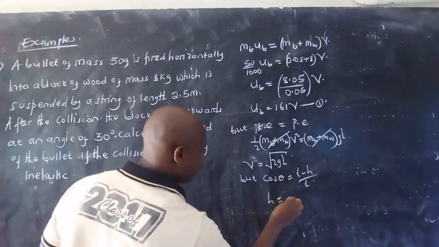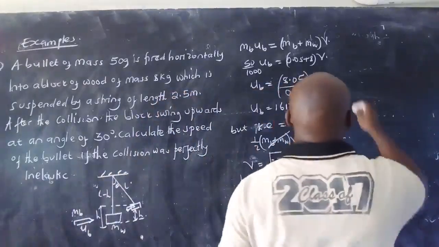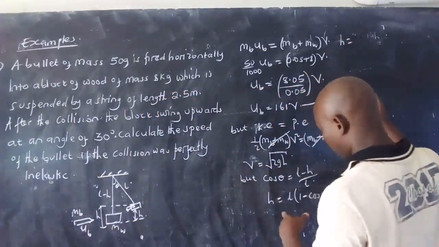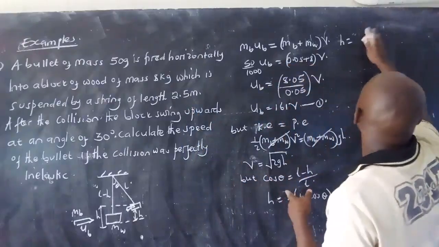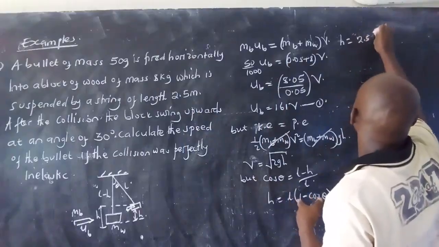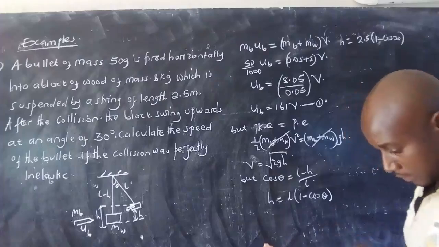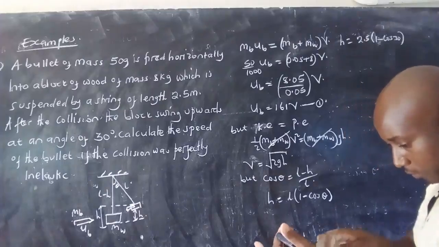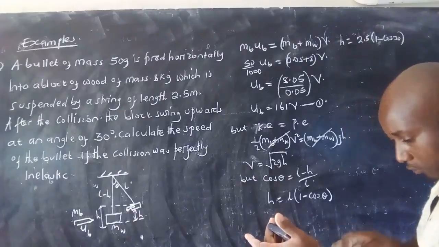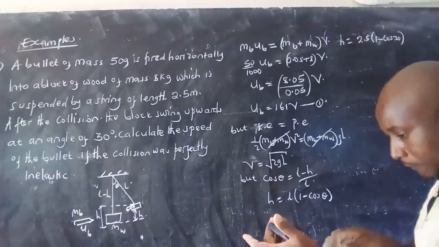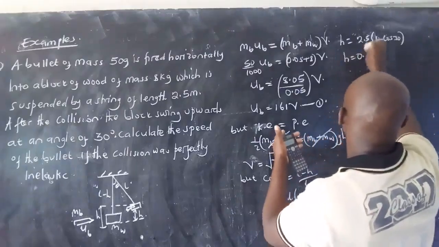So our h will now become L into 1 minus cos of theta. So substitute. Our length is 2.5 meters. So 2.5 into 1 minus cos of 30. What did you get? 1 minus cos of 30, then times 2.5. The answer is 0.3. Our h will become